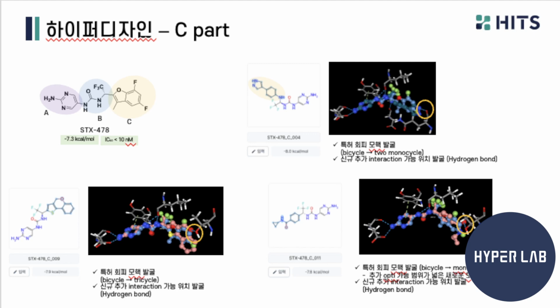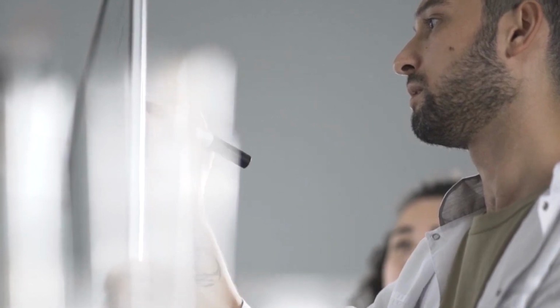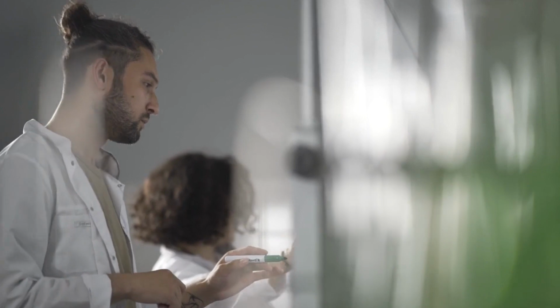Finally, we see a structure with an amide bond attached to this mono ring that seems to have a wide range of options. And for structures like this, by pressing the replace button, we can proceed with the design. When you're stuck, and you can't come up with a new derivative design idea, why don't you just let go of your brain for a second and try using